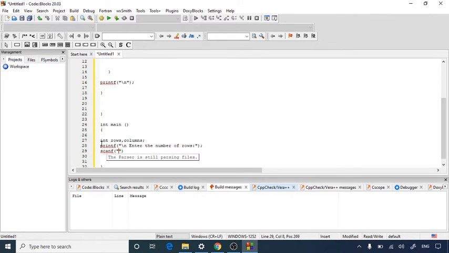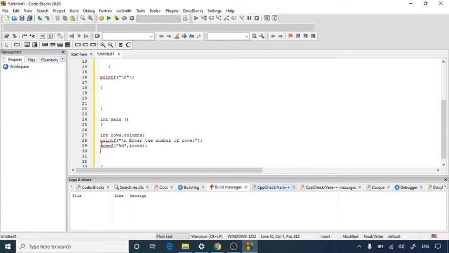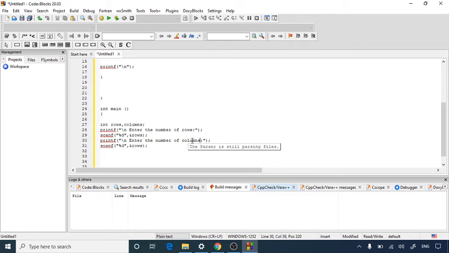So let's use %d, the format specifier of integer, comma, and ampersand rows, which will assign the value to the rows memory location. Let's copy this for getting the value of columns. Instead of rows I'm just going to write columns, and then here ampersand columns.